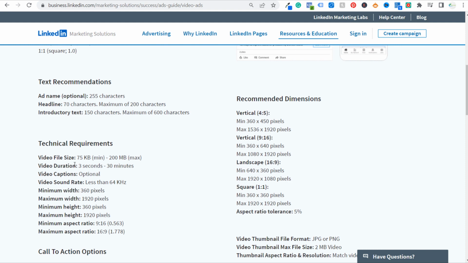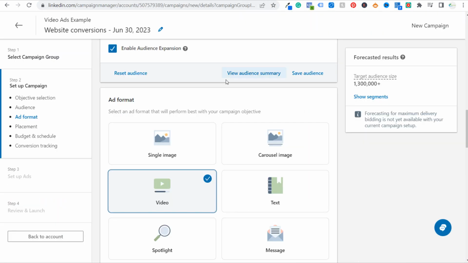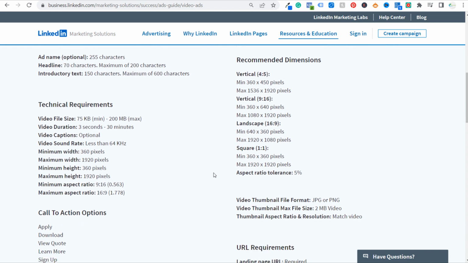So the duration could be anywhere from 3 seconds to 30 minutes. So it doesn't mean you need to create a 30-minute ad, but why not have ads that are 10 seconds? Why not have ads that, like this HubSpot video here, is a minute 44? Maybe you create one more long form advertisement. So it's worth testing different lengths, different video durations, as well as different video sizes